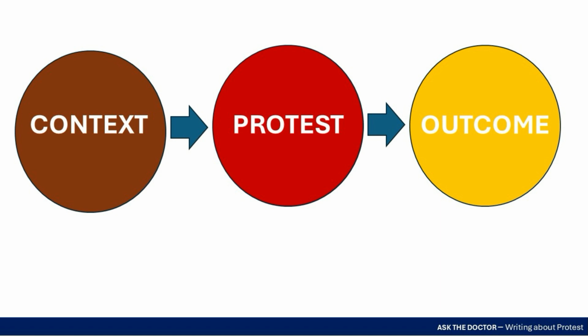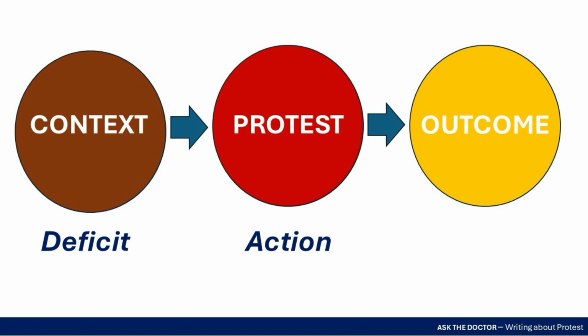For context, we can add deficit, which means that something is lacking. This might be something that has never been provided but is desired, something that has been possessed but then taken away, or something that should happen to address a lack or shortcoming. Next, we have the word protest itself. This, of course, is a form of action which is meant to address or rectify the deficit, to get back what was lost, to obtain what is desired or promised, or to fix whatever is perceived as being broken or inadequate.